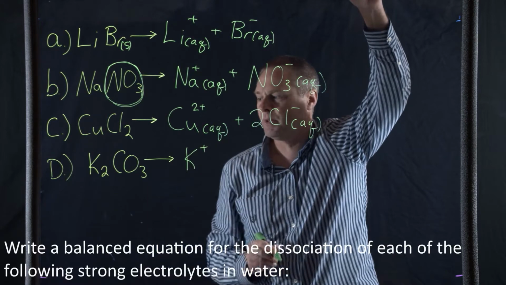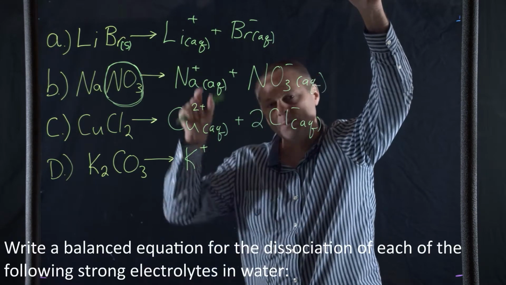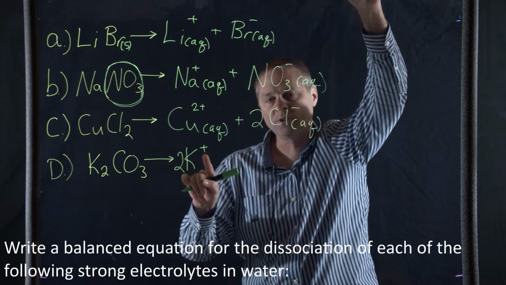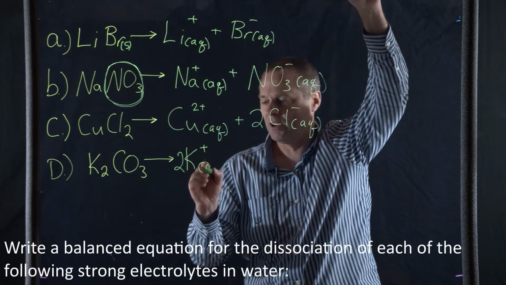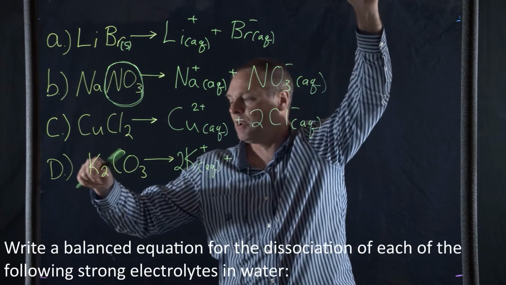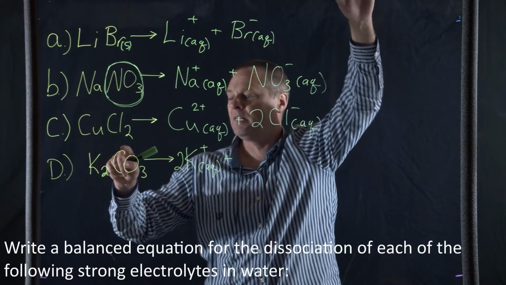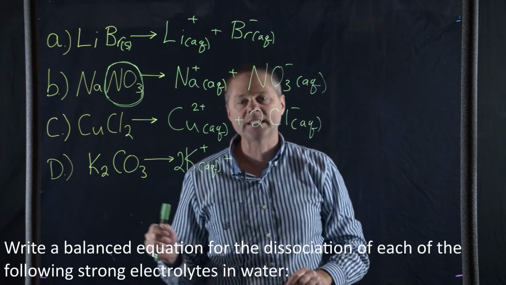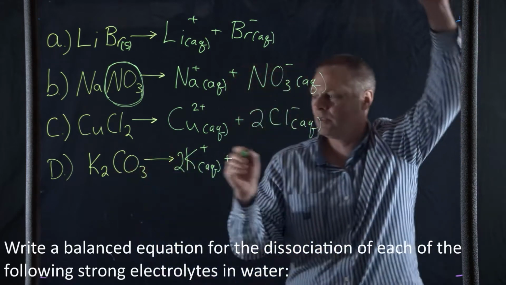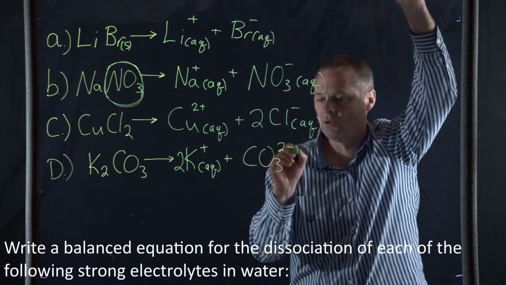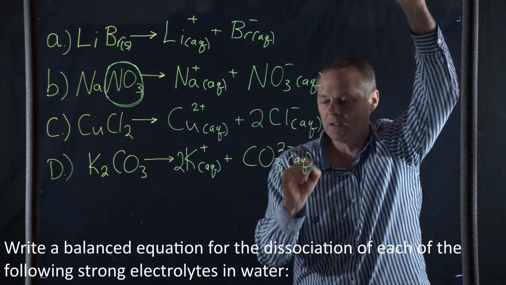And if you notice where potassium is located on the periodic table, it's in the very first column. You have 2 of them. Because it's in the first column, it's going to have a +1 charge. And this will be aqueous plus. Now, if this is all going to be +2, then the carbonate portion of this has to be -2. And so this is a polyatomic once again, so that becomes CO3 2 minus, and that's going to